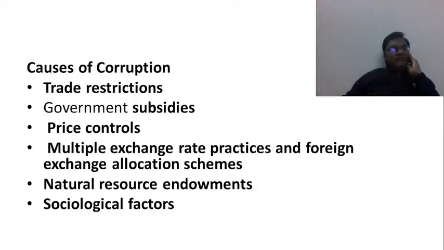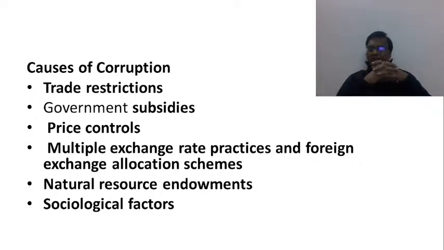Now, the question that is being asked here is, how could you earn so much money when you become MP or MLA or minister? This is where we talk about the systematic nature of corruption in India. What we are saying here is that when we talk about this systematic nature of corruption in India, we have this absolute monopoly of the state in terms of allocating resources, in terms of control over the resources.